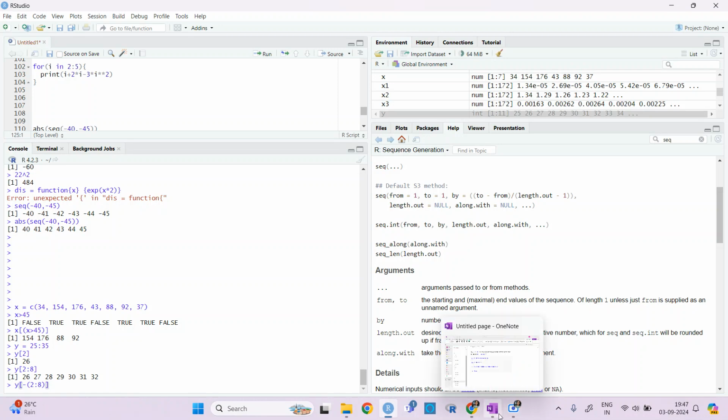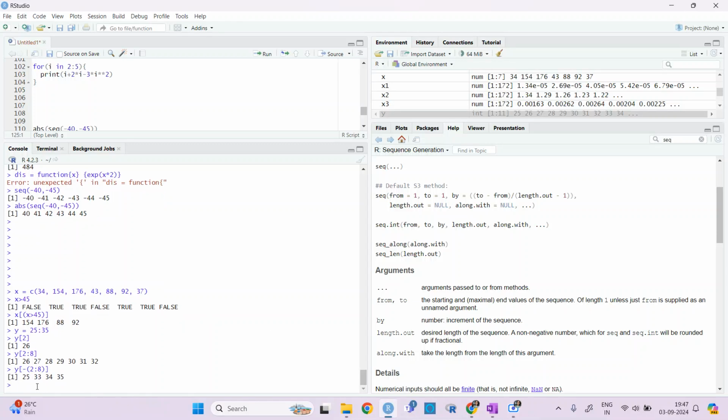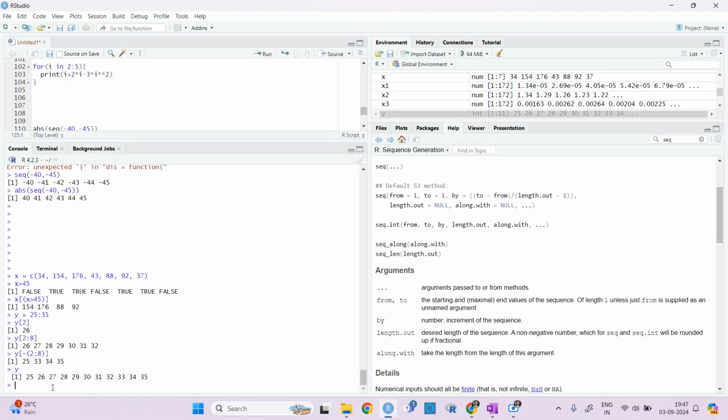So what's the thing? Y minus 2 to minus 8 will give you all the values which were not in the list. So minus 2 to 8 are basically 27 up to 32 are in 2 to 8.